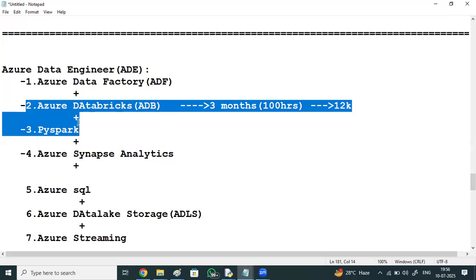Every year, lakhs of companies are getting registered to Azure. More than 95% of Fortune 500 companies are utilizing Azure cloud services, and in turn they are increasing job opportunities for Azure data engineers constantly. Organizations shifting to Azure regularly need professionals to work with Azure and handle this huge big data.